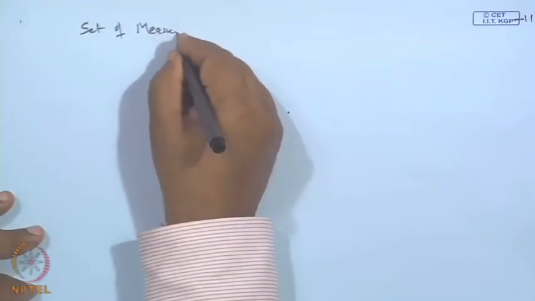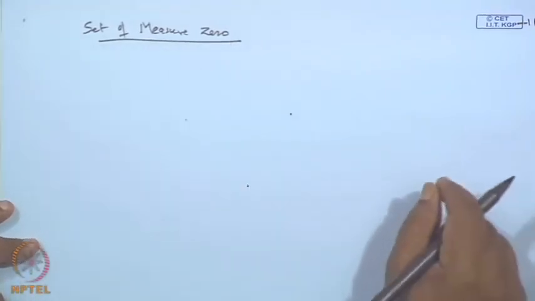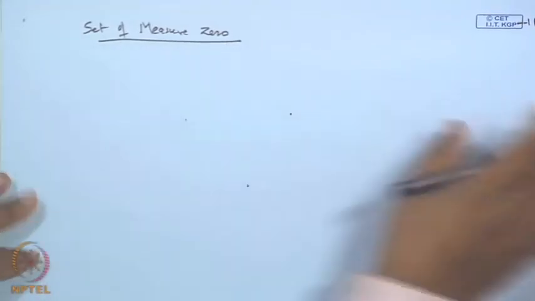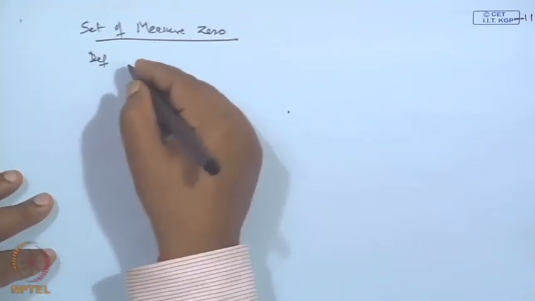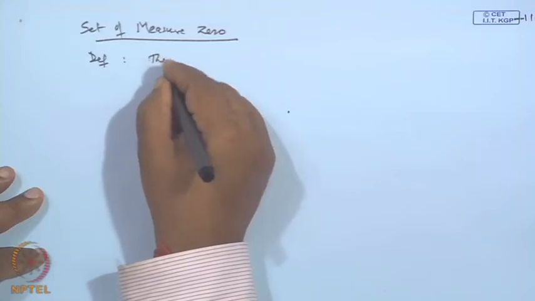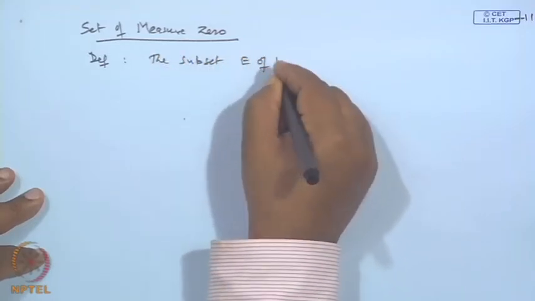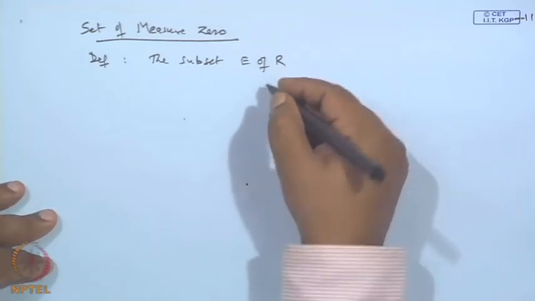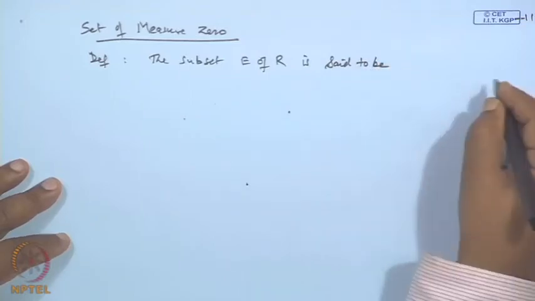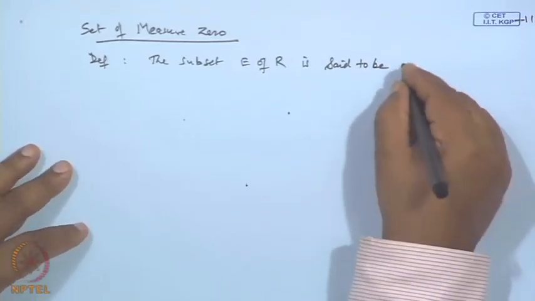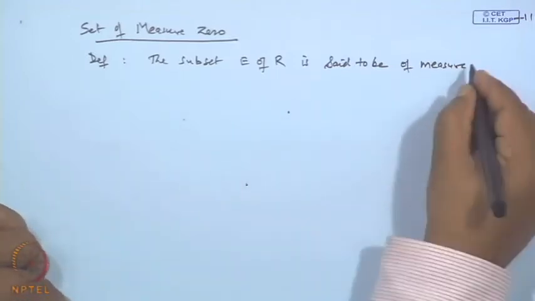Set of measure 0. Okay. Let us see. We define that a subset E of R, the real line, is said to be of measure 0